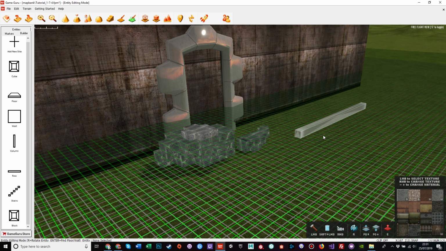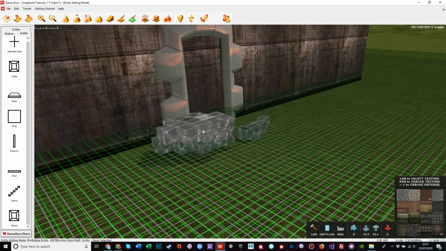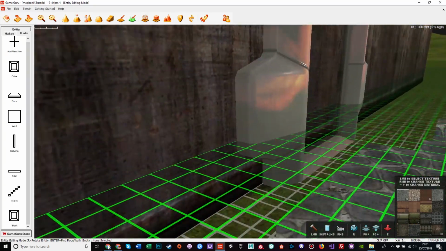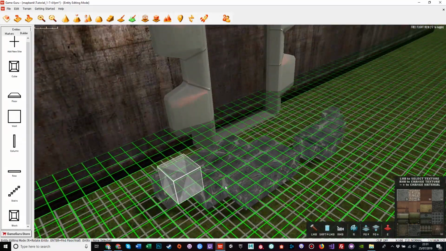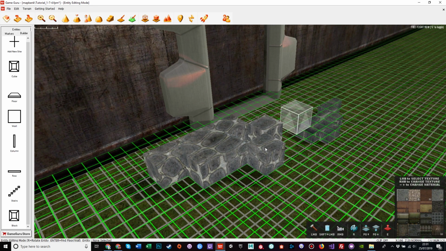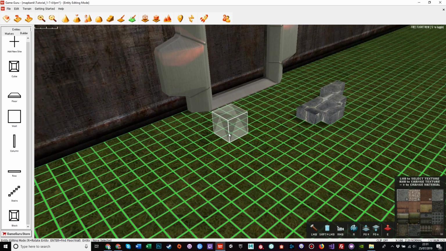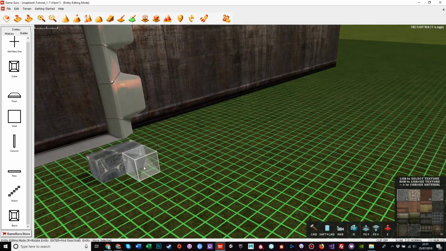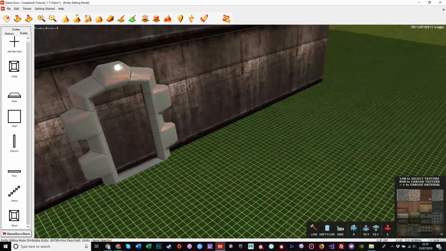Now, because I've done all this in the same texture, I can get rid of it. I'll use the block because it'll be a touch quicker. There we go. And because I've not actually used this cobblestone texture, I can just madly paint around, and I won't delete anything I don't want to delete. So I'll just get rid of all this. It's just for demonstration purposes only. Oh no, I might use that a little bit later. Anyway,